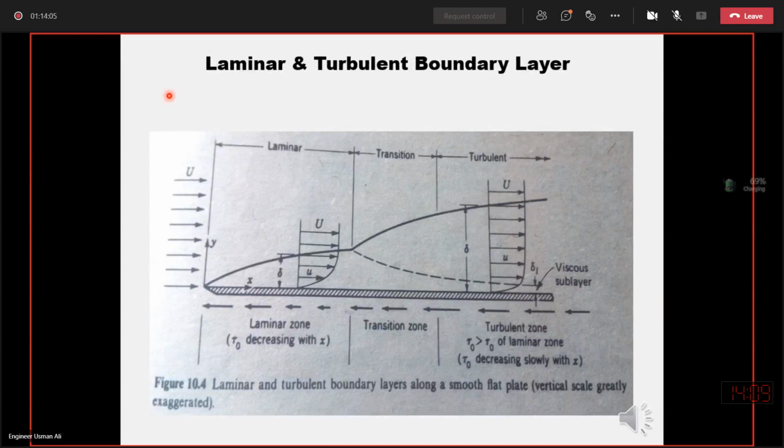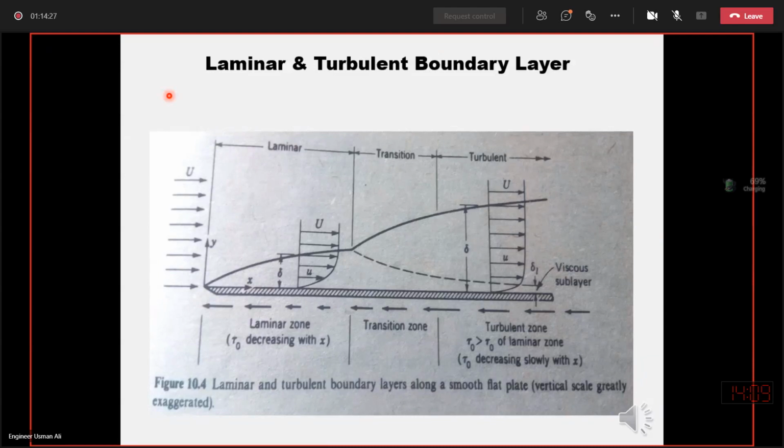Lift force is normal to the flow and drag force is along the flow. Lift force is the algebraic sum of the forces in the direction normal to the flow, and drag force is the sum of the pressure drag and the friction drag, that is, the summation of the forces along the x-axis, along the direction of flow.